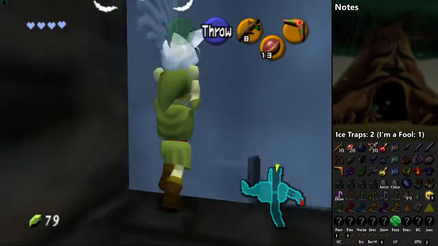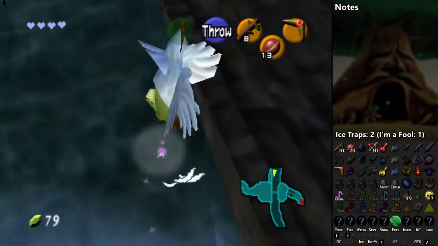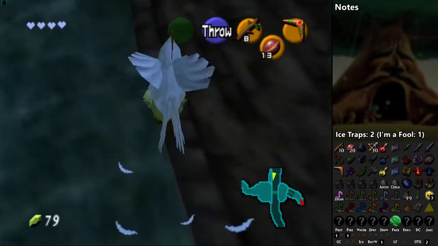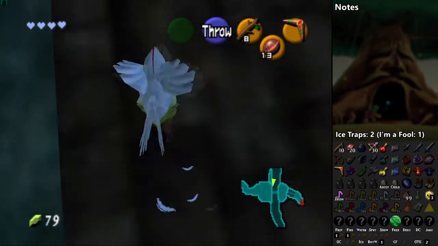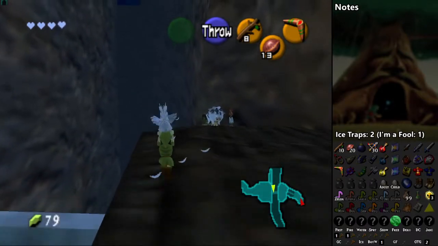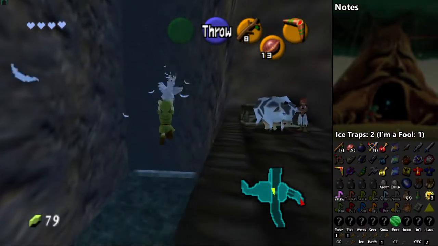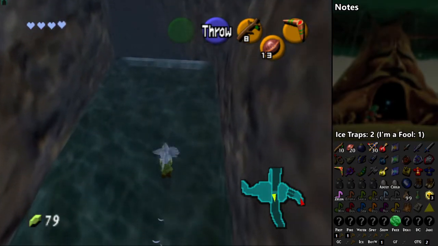Since I do take double damage, I want to get a few hearts going right off the bat. And then, just for the fun of it, I'll land on land here. And then, just from the high point up here, I'll just fly my way down to Lake Hylia. So...